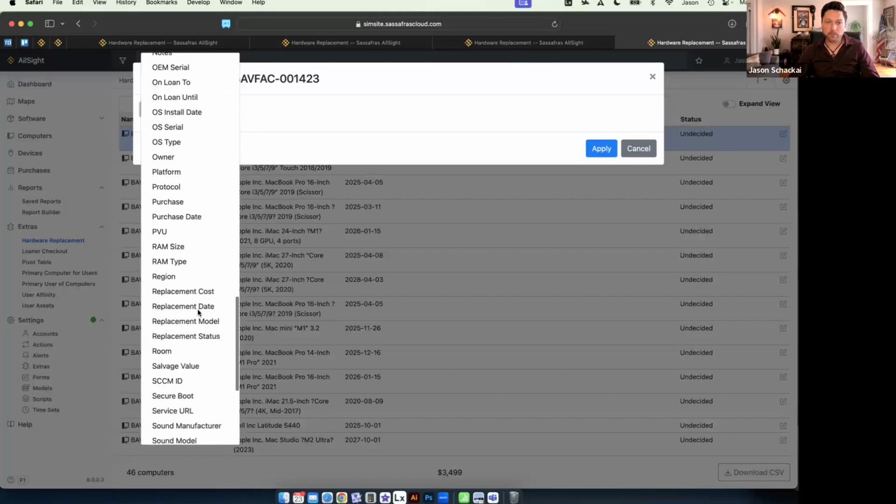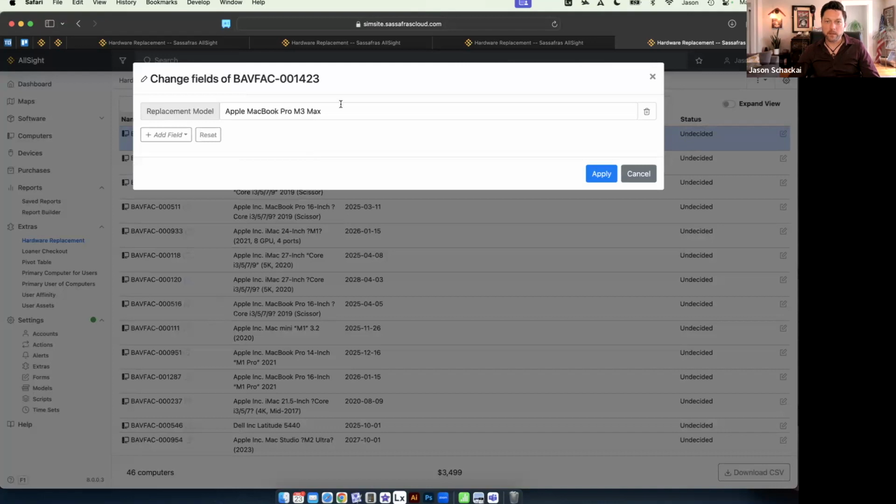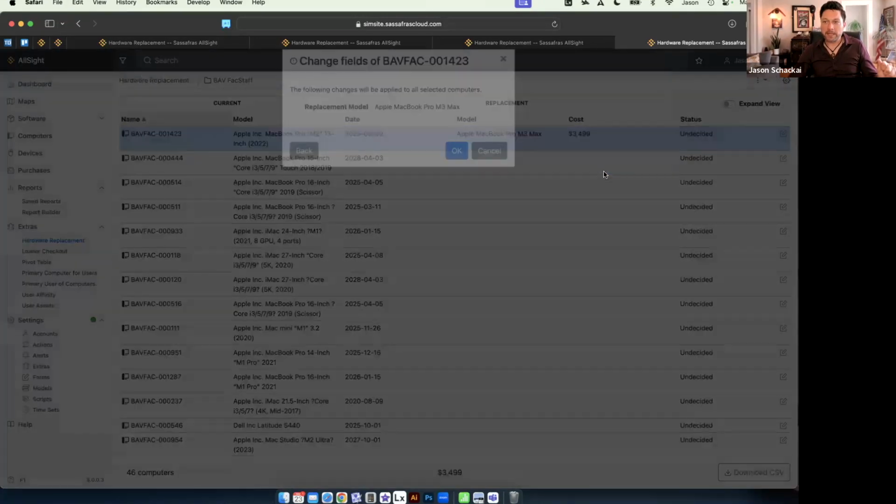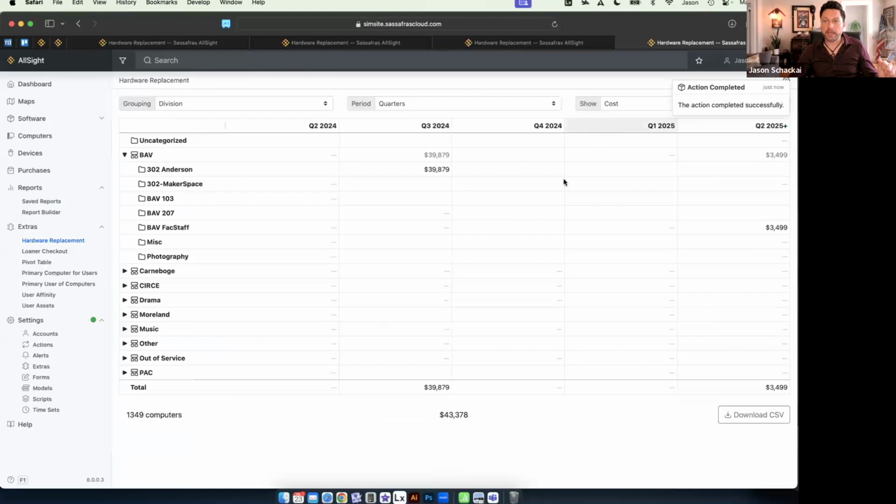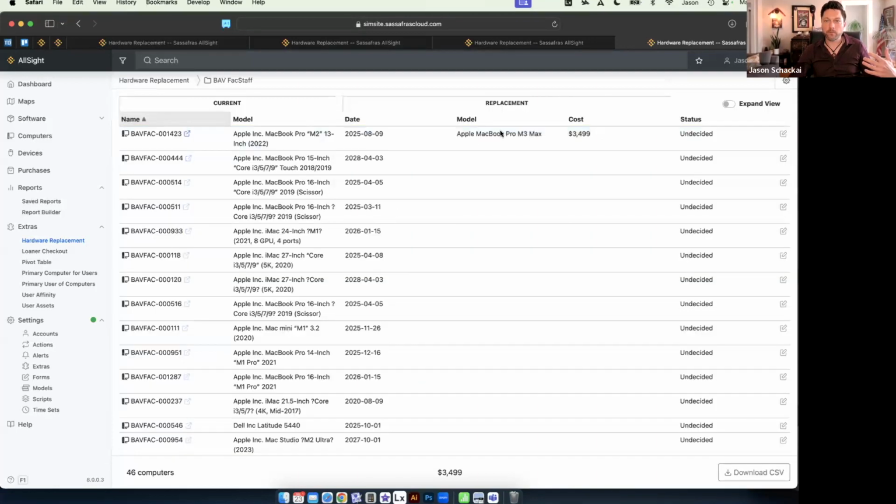I'm going to find the replacement model field in this. It's already pre-populated, but what I would normally do here is come in and paste that in, select it from the list, apply it, and then when I click OK, it's going to include it in the calculation. So this fact staff computer that we saw at the top of this list, that's why we've got a replacement